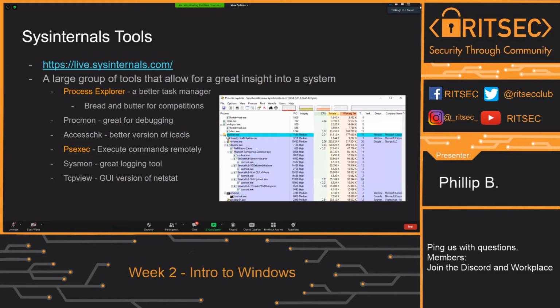All right, so that's a lot of stuff in Windows. There's a lot of stuff. How do we look at all this with all the garbage Windows tools like Task Manager? Well, easy solution. You use Sysinternals. Sysinternals is a very large group of tooling that has been created to allow you to get way more information about Windows internals. The big one you'll probably use a lot in competition is